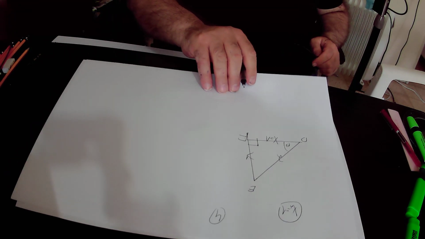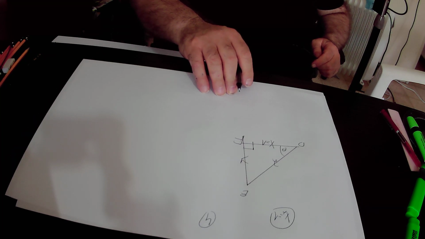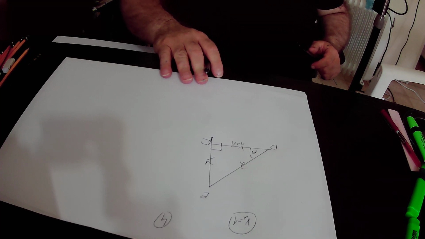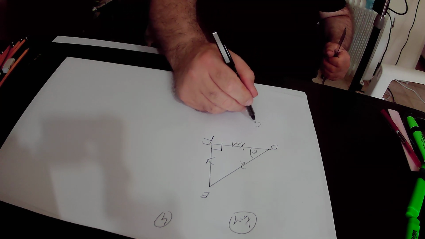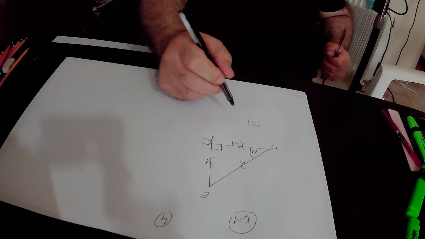This is the right triangle DEF that I copied from the original drawing. So here cosine theta in the right triangle EDF